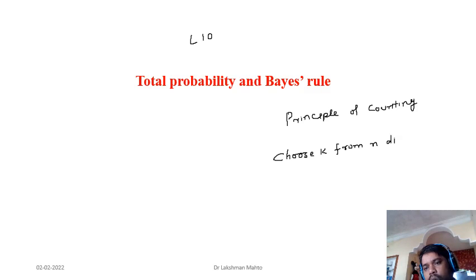While doing any kind of counting principle, we observe three things. We have to focus on, not three, two things, since k and n are already given. First one is replacement, with replacement or without replacement. So if you are selecting k objects from n given distinct objects, then you have to focus on replacement. And what is another thing you need to focus on?